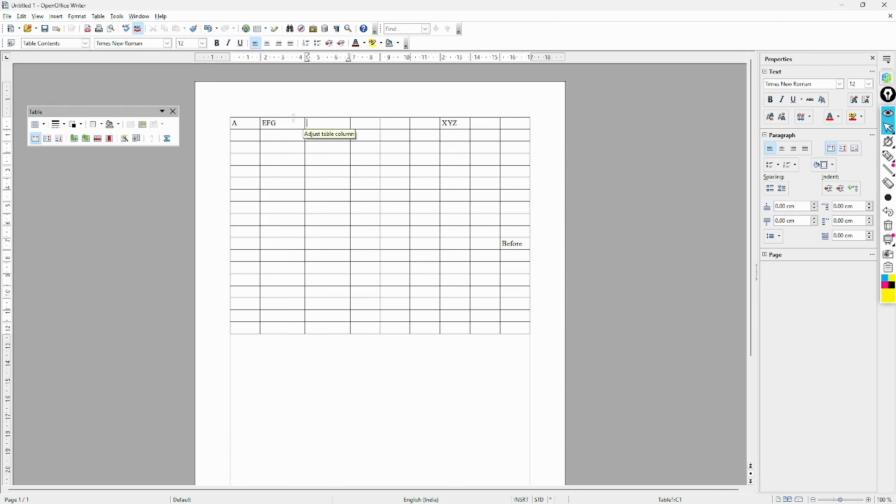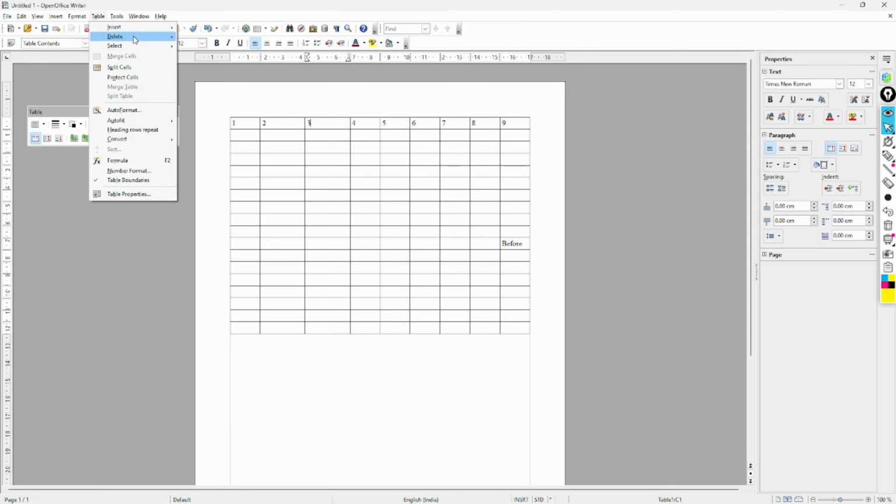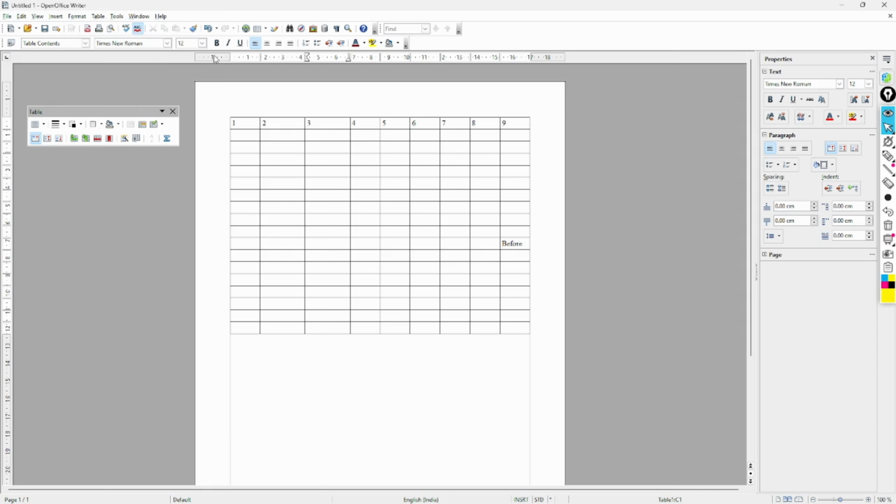For example, 1, 2, 3, 4, 5, 6, 7, 8 and 9. These are nine columns. Now I will try to delete this third column. How? Table, Delete, Column.